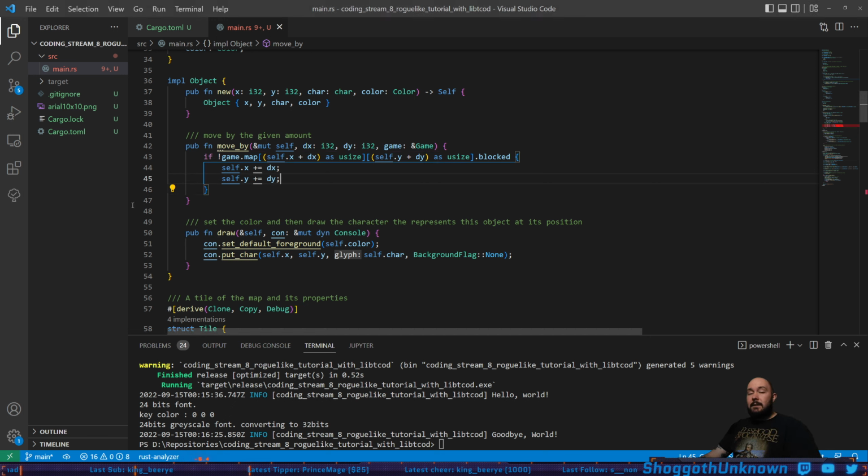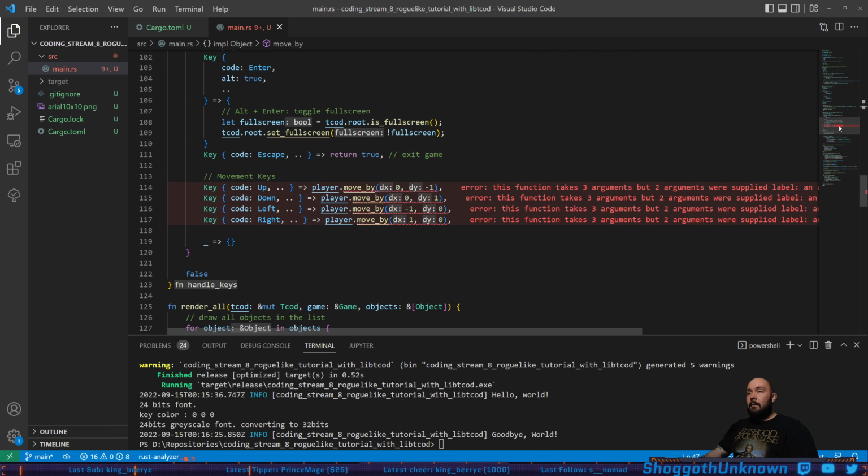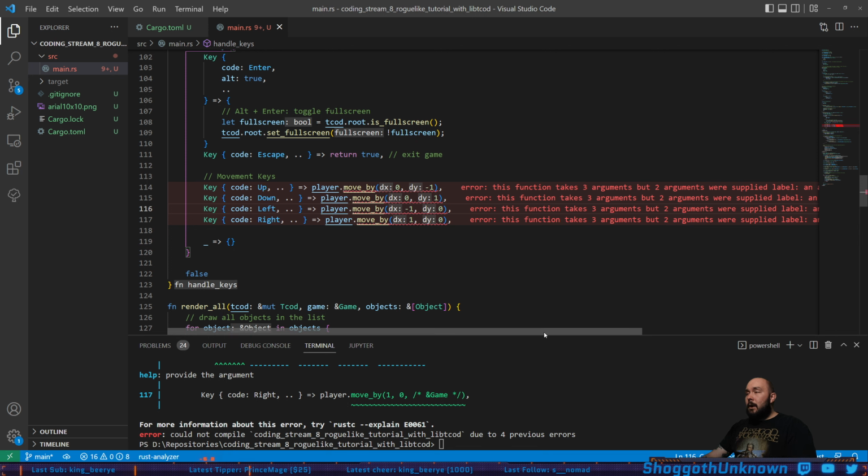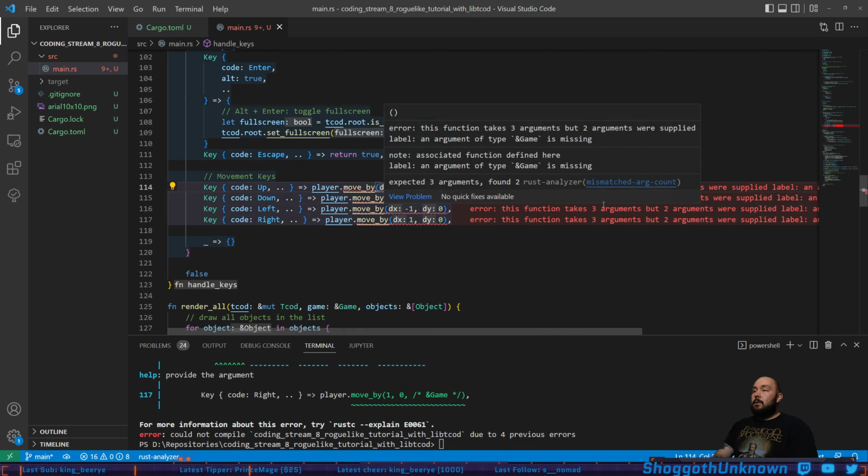And really, in this case, we can have a bit of a conversation with the compiler, or I'm not actually compiling it because I have the nice linting here in my VS Code window that tells me all the errors that I would get if I did a cargo build or cargo run. So this is kind of like having a conversation with the compiler, and it says, hey, we need 3 arguments, but only 2 were supplied. It's missing game. So we'll say game, and game,